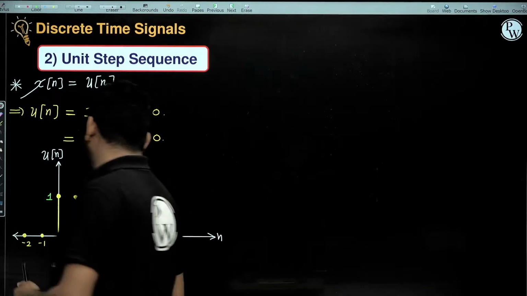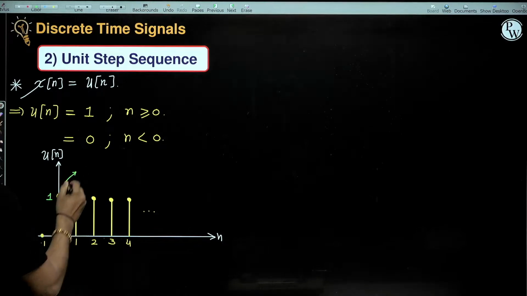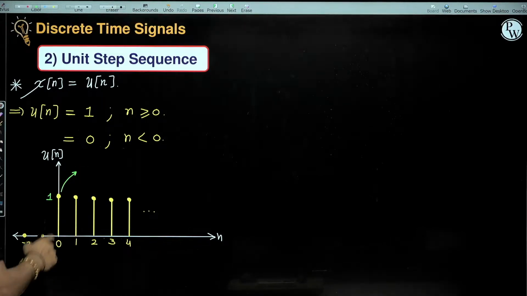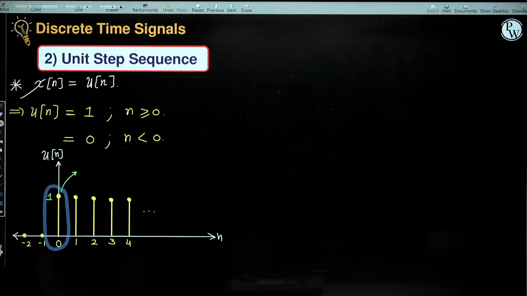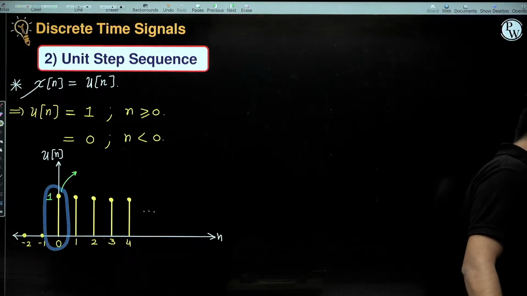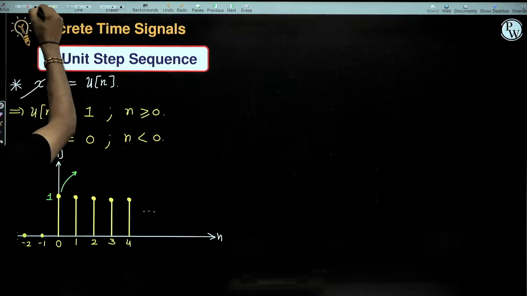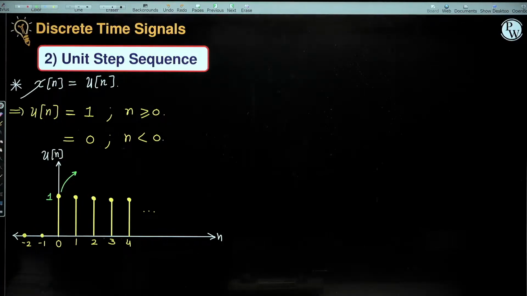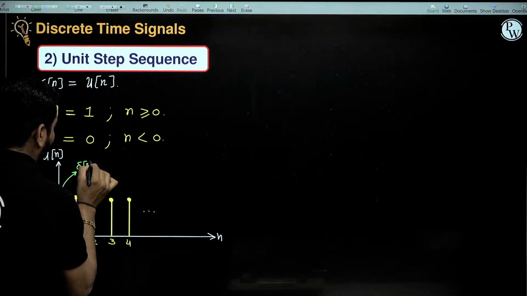So if you want to represent this sample in del n, then what should be the answer guys? What should be the answer? This sample only, this sample in the form of del n. What is the answer? So it is nothing but impulse at origin, sample at origin having amplitude 1, so it is nothing but del n,